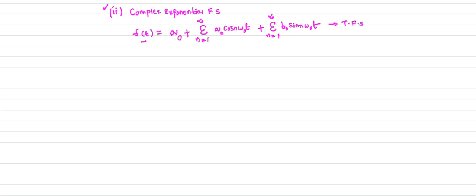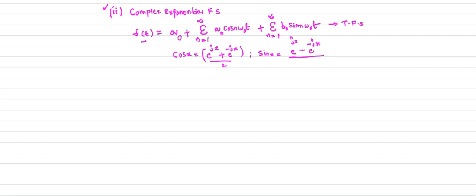Now to represent this trigonometric Fourier series expansion in terms of the complex exponential Fourier series expansion, I want to represent your cosine and sine functions in terms of the exponentials. All of you know what is cos x: in terms of the exponentials, e power jx plus e power minus jx divided by 2. All of you know this formula, Euler's identity. Now sin x is what? Sin x is e power jx minus e power minus jx. So e power jx is what? Cos x plus j sin x.